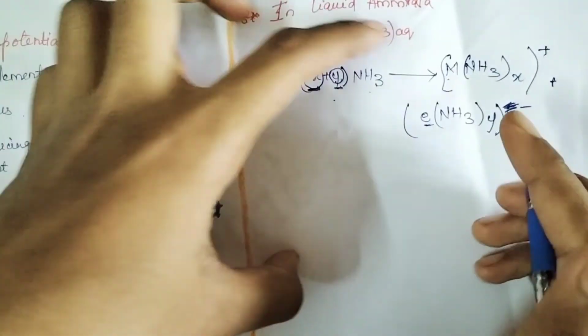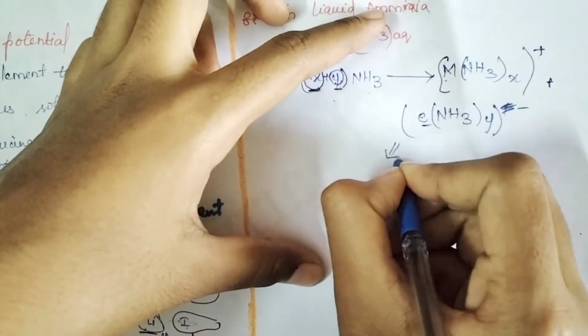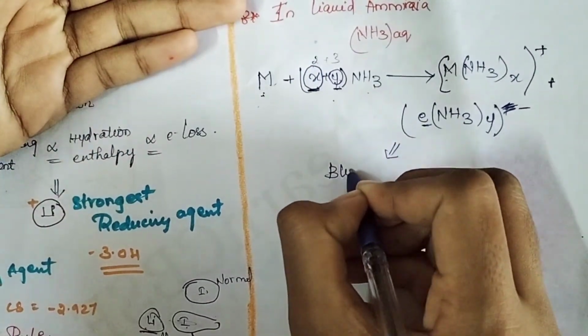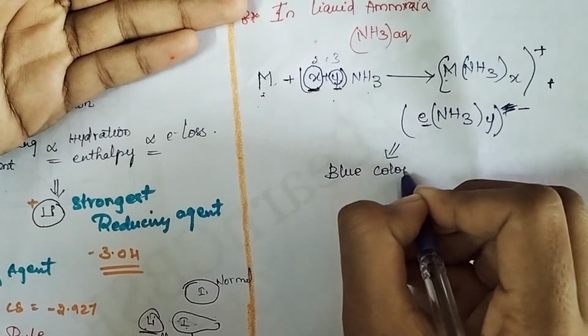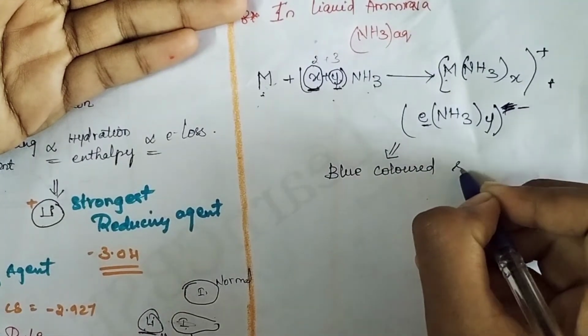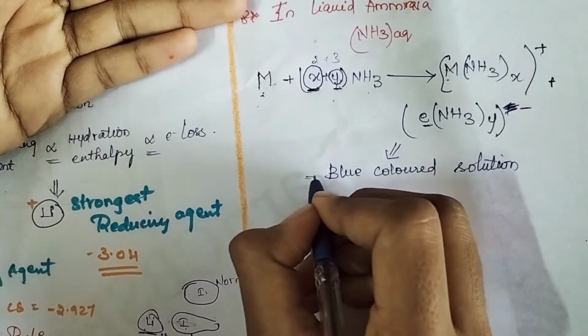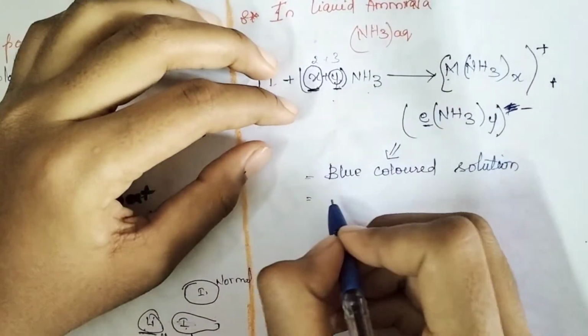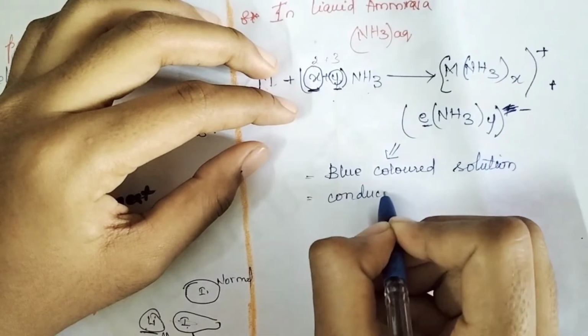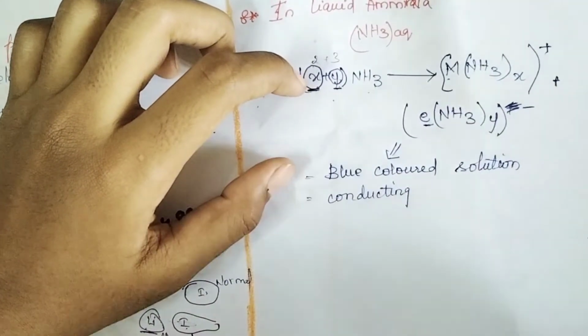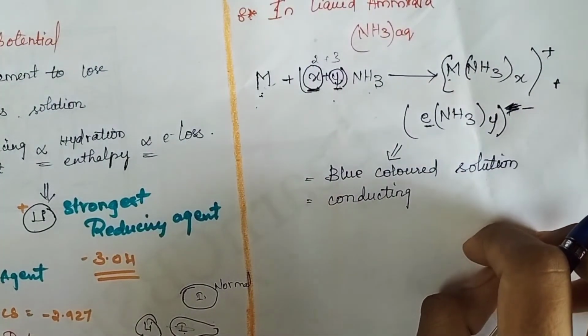So this gives, in this beaker, a blue colored solution. This blue colored solution is conducting one. These properties and all should be clear, children. So blue colored solution, conducting solution. Next, if this